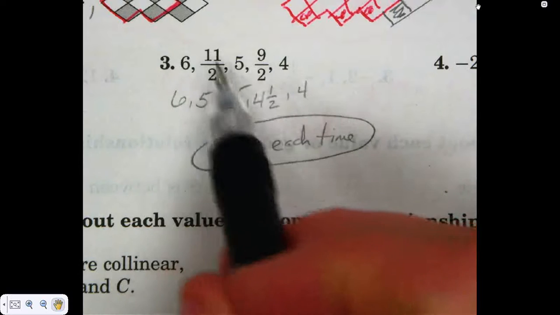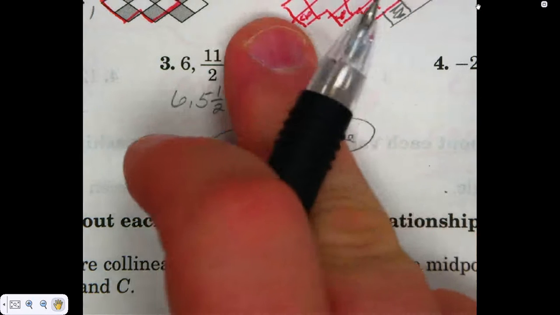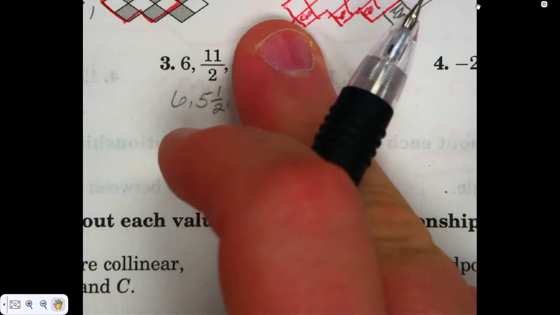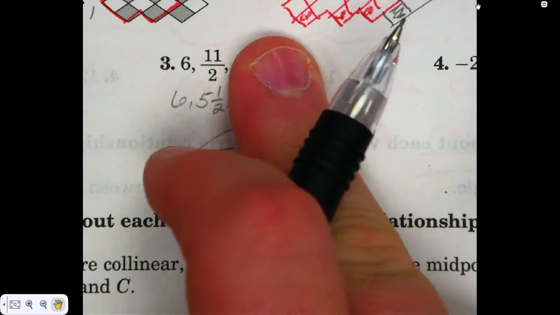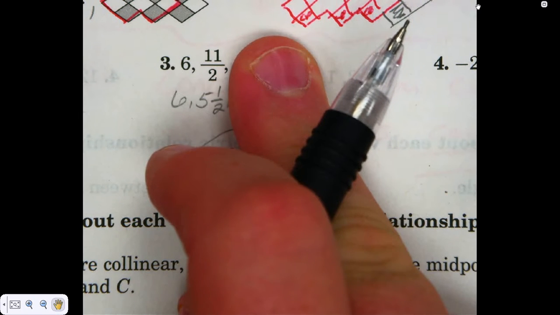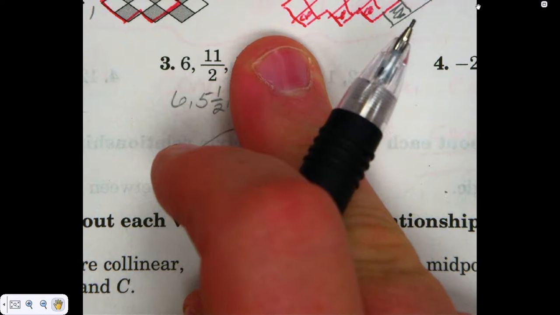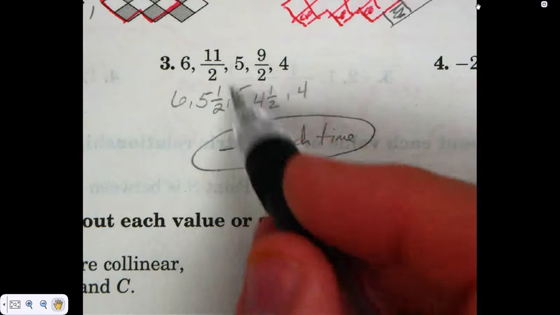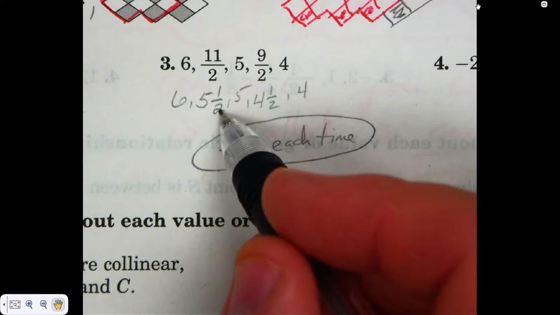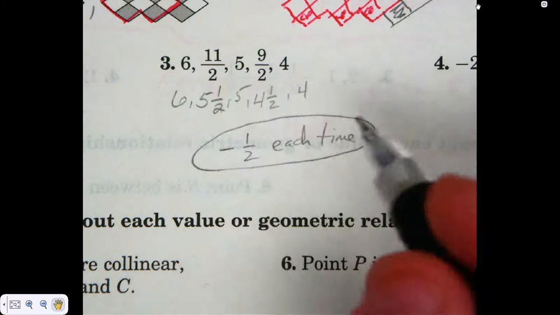I agree wholeheartedly with putting it in this form. You're going to find as you get into higher level math, improper fractions are much easier to deal with than mixed numbers. But mixed numbers do have their use. For graphing, if I tell you to go to the right 6 and up 11 over 2, what makes sense to you? Go to the right 6 and up 11 over 2, or go to the right 6 and up 5 and 1/2? Up 5 and 1/2, right? Gives you a better sense of the number. Agreed? But it's hard. You can't multiply with it like this, right? You've got to change it to an improper fraction. So, anyhow,